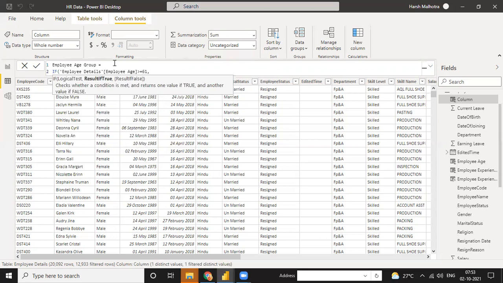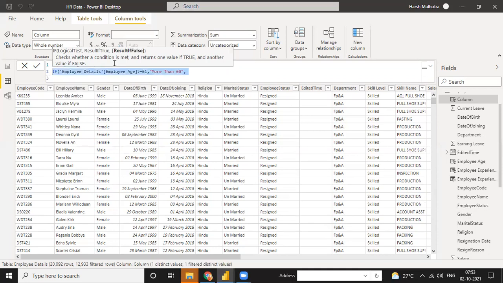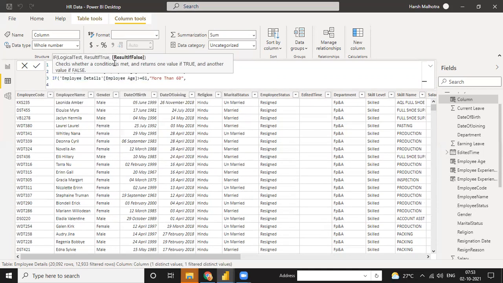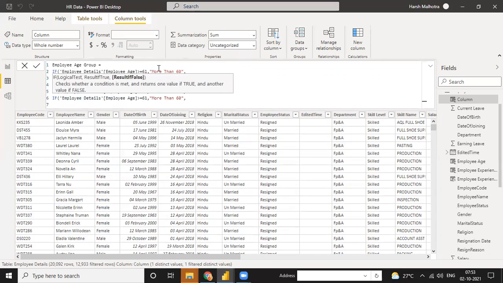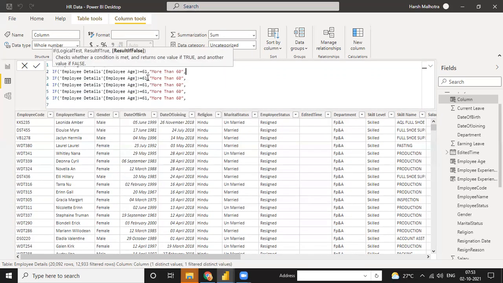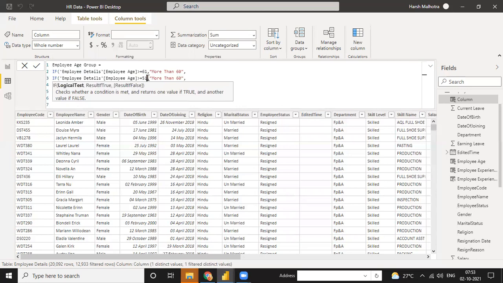So instead of 61, I can use more than 60. Here I can use, suppose, 51. So the value will be 51 to 60.